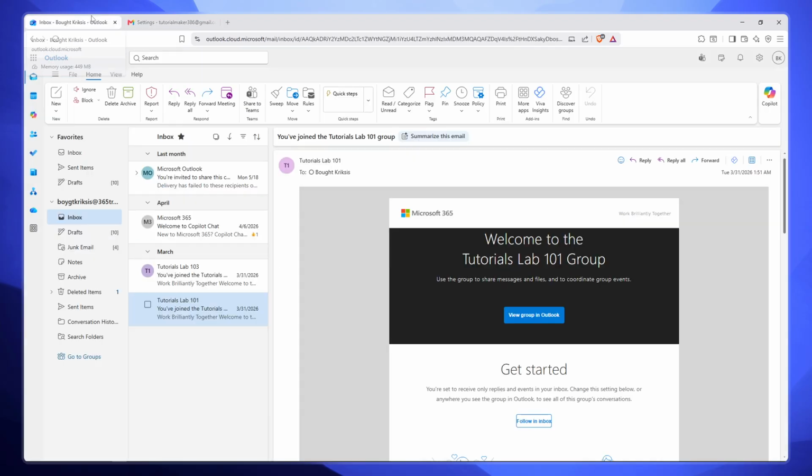And that's it. You've successfully removed your Outlook email from Gmail, and Gmail will no longer check or import messages